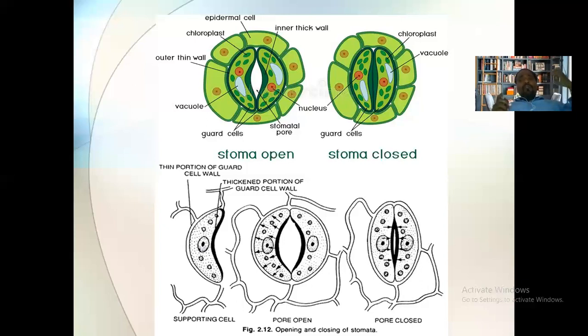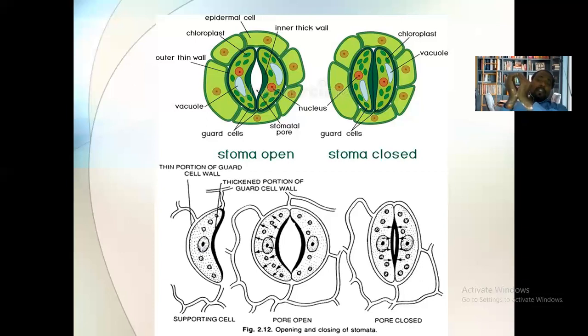The stretching of the outer wall of the guard cell takes place toward the outer side, and as a result of this stretching, these outer walls also pull the inner walls to the outer side. And this action is like this. When the pressure is created on the outer wall, the outer wall starts to stretch toward the outer side slowly. As a result, the inner walls of the guard cell also stretch to the outer side. And this is how the stomatal pore opens.